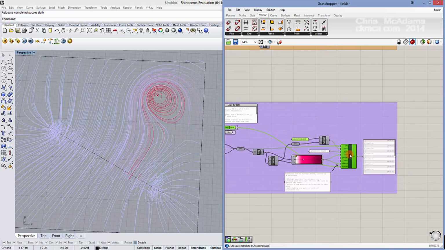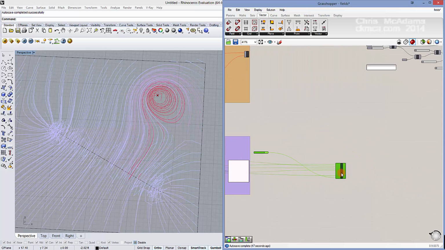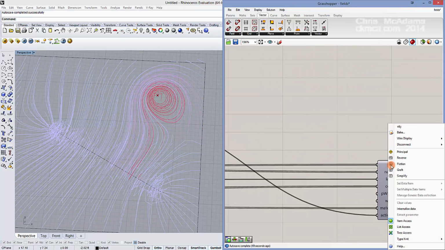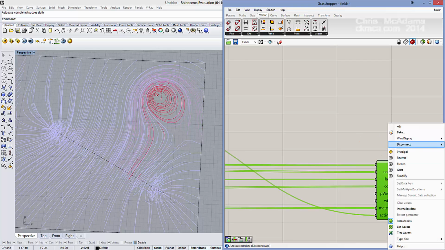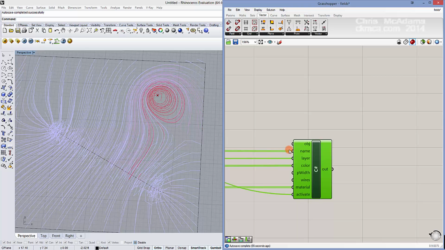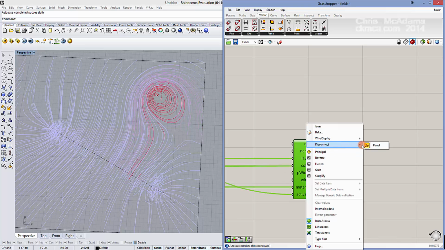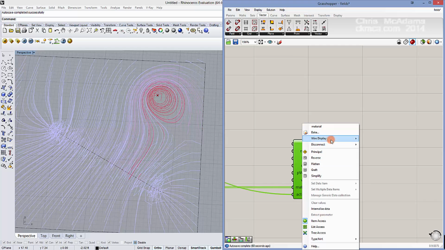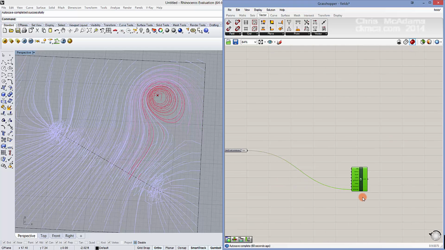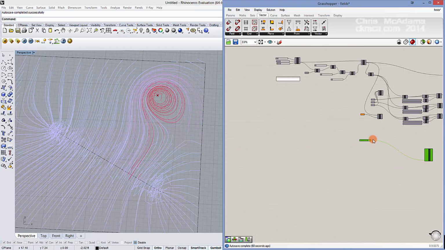And then all we really need is this C# component. So I'm going to copy and paste this stuff. It stays connected to everything. So I'm going to right-click object and say disconnect. Right-click name, disconnect. Right-click layer. Everything gets disconnected except for activate. These are all little components that go into the script. So if I take all of this stuff to the end,